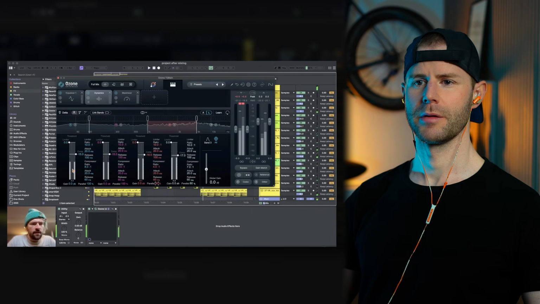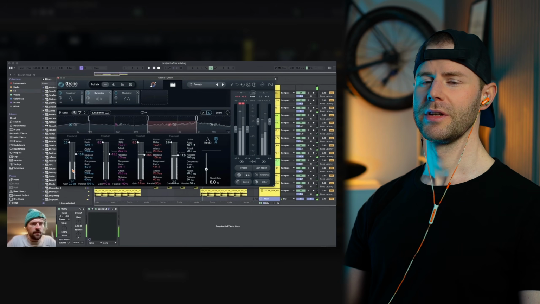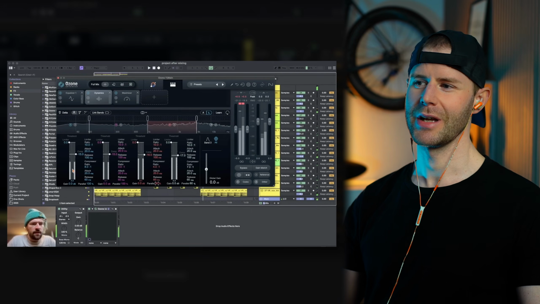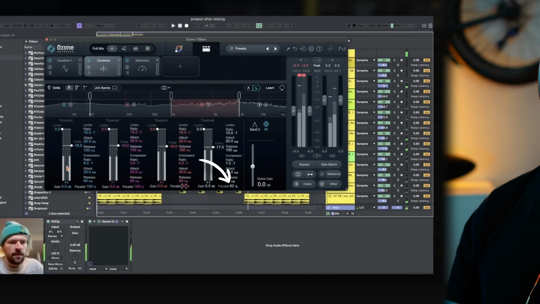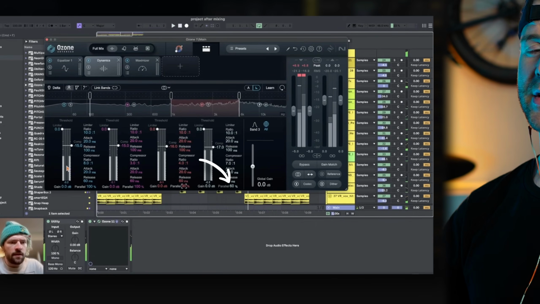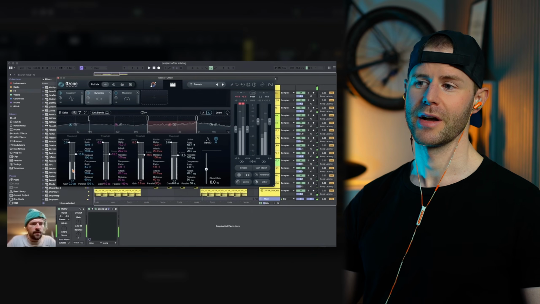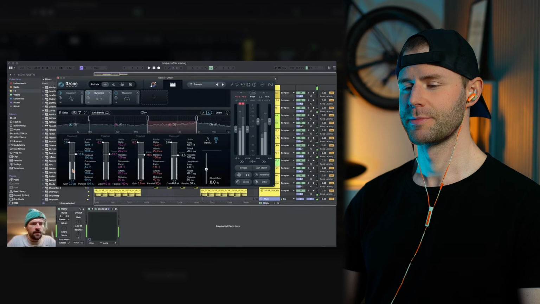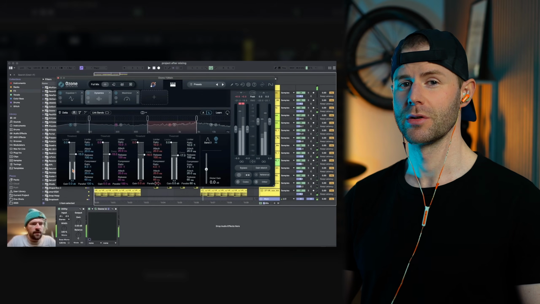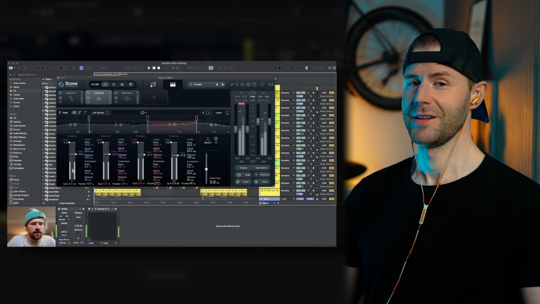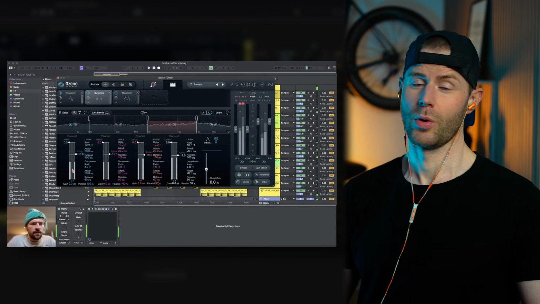So for the multiband on the master, he is moving fast, right? He's going so fast over these settings and he's never really explaining anything about what he's trying to achieve. I love the technique of using parallel on the high band. That's a very high level technique. But if you're not already a very advanced music producer who has experience with multiband processing, compression settings, ratios and parallel processing, you're gaining nothing from this